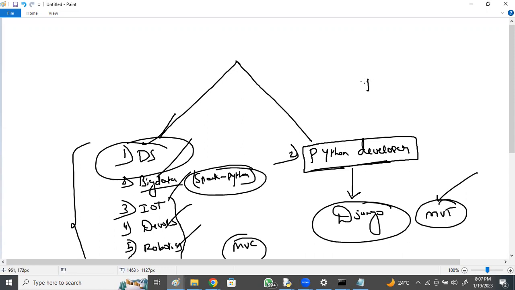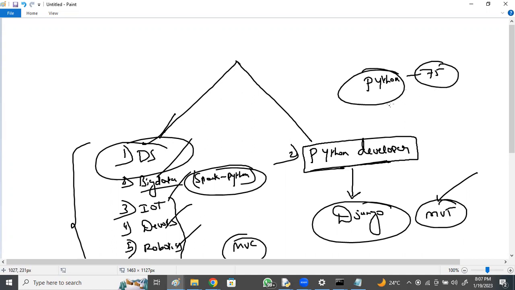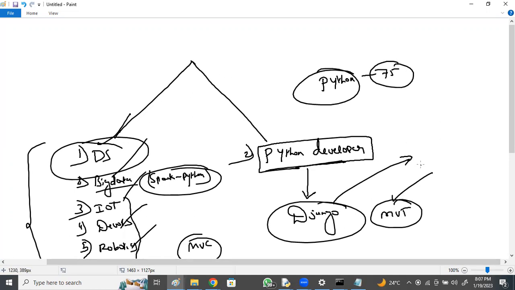I said 70 or 75 hours is only for Python, excluding Django. Django, including web technologies, is nearly 45 to 50 hours extra, right? The fee structure is just 5K, an offer batch for these 70 or 75 hours of Python.